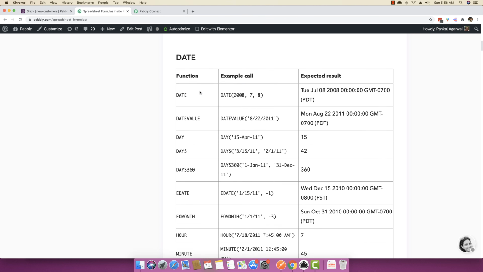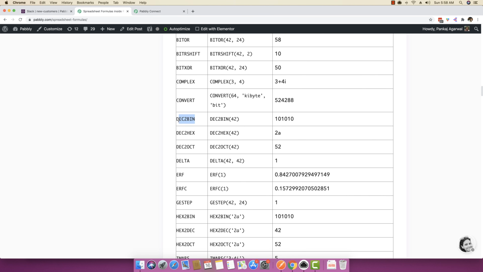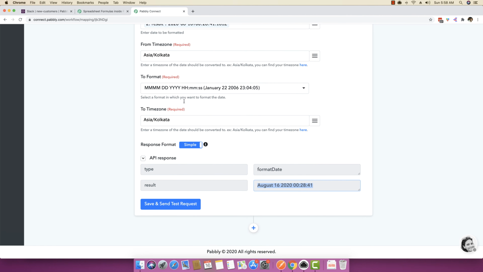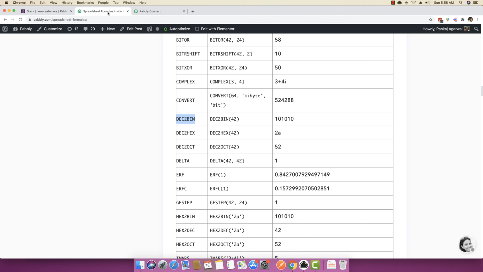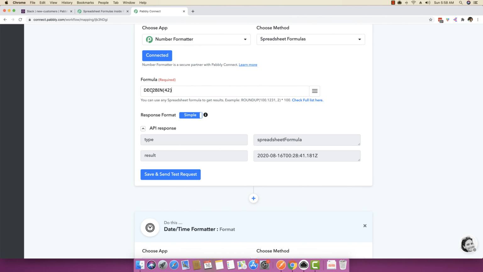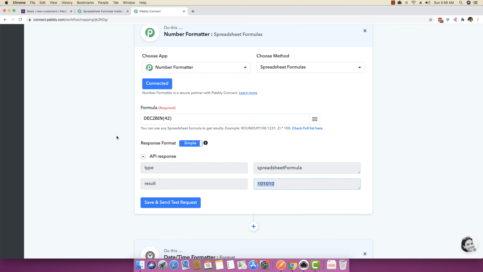I just wanted to give you a good demo on this. For example, you have a list of hundreds of functions right here. If you want to change something from decimal to binary, just use decimal to binary right here inside the number formatter, and then specify the number that you want to convert. So I want to convert decimal to binary, and you can see the result is right here. Basically, spreadsheet formulas are something you can apply, and you can use any kind of spreadsheet formulas inside your